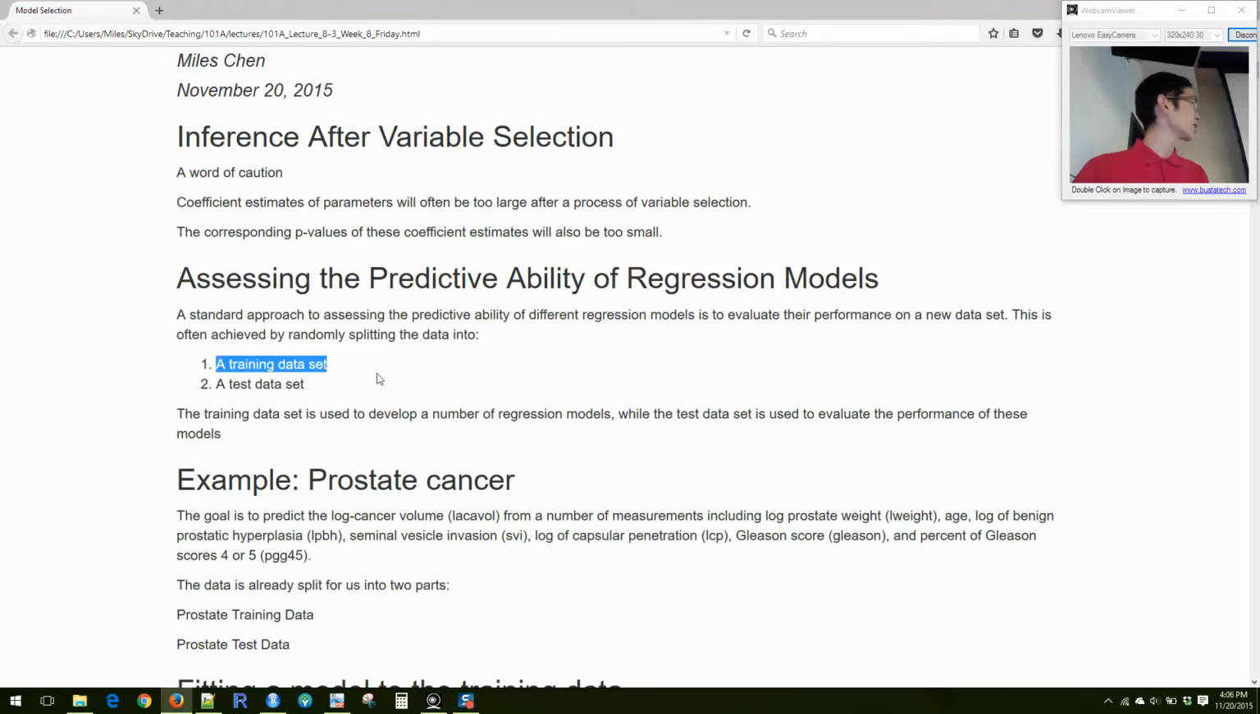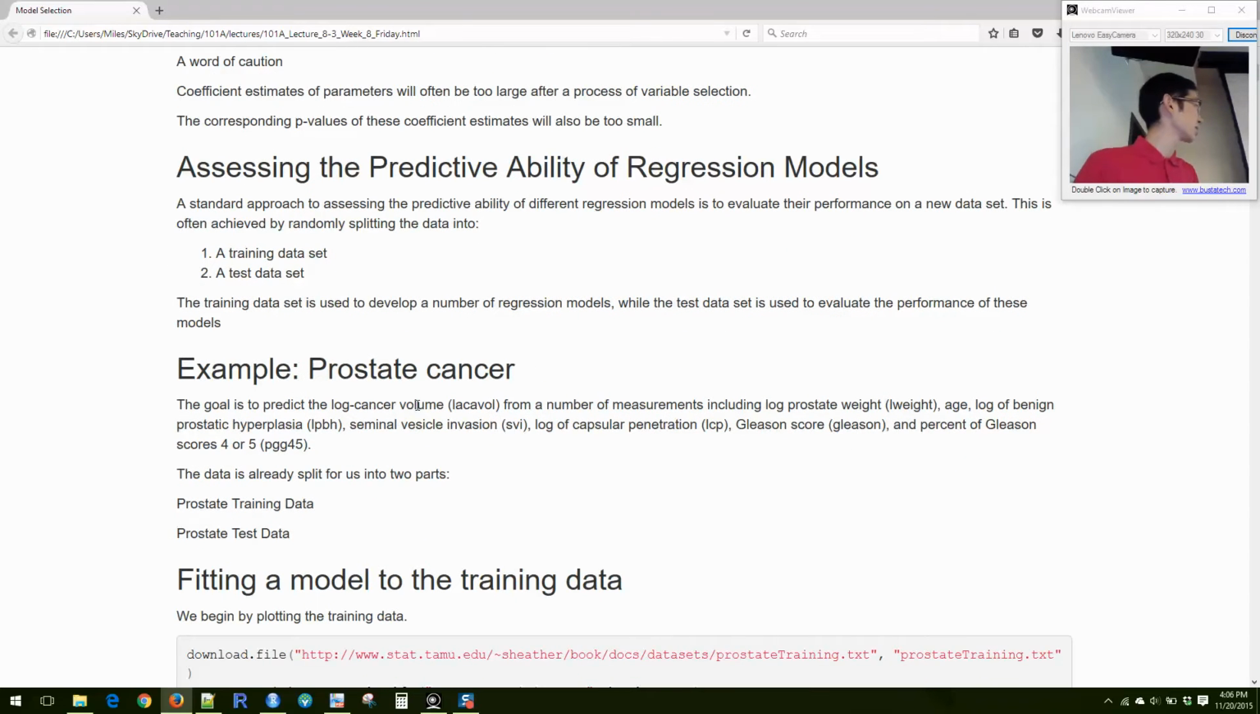So at the end of the training, you pick a model, and at the end of that, you test out that model on the test data set, and you see how it performs. And hopefully, the model is still a good fit on the test data set. And so we'll look at that. Okay, and so